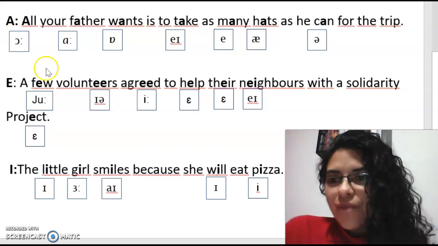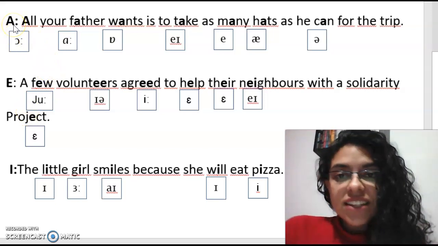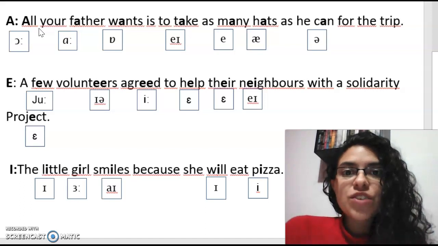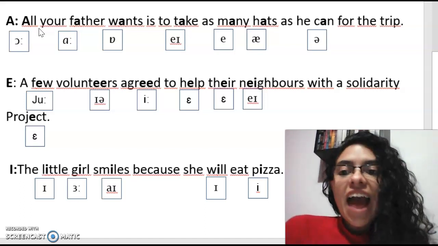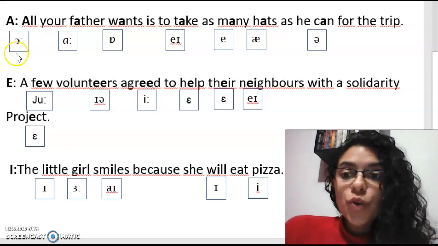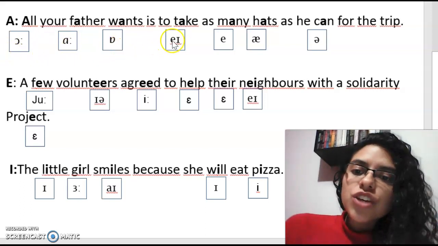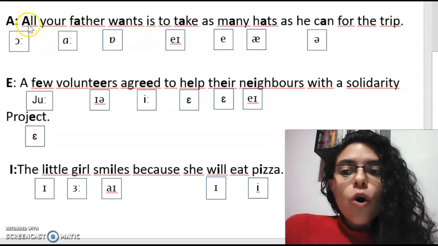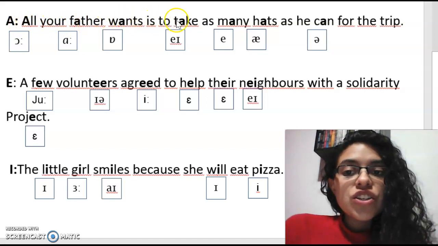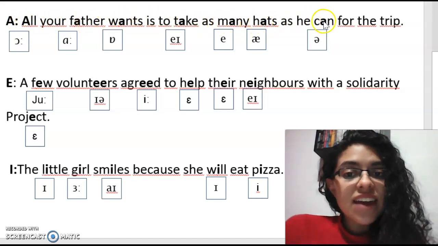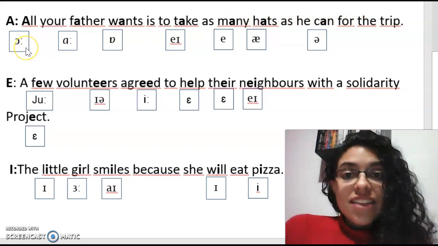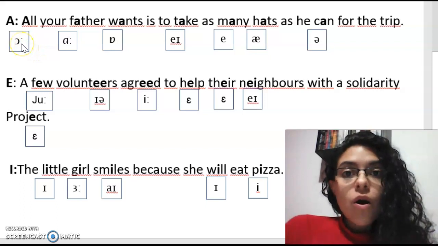Let's begin. Here I have one sentence for each vowel. I'm going to show you how to pronounce them and you are going to repeat it. You can pause the video and repeat it, and then I'm going to show you how to pronounce each one of the vowels. Okay? With A, all your father wants is to take as many hats as he can for the trip. Now try. And the vowels are